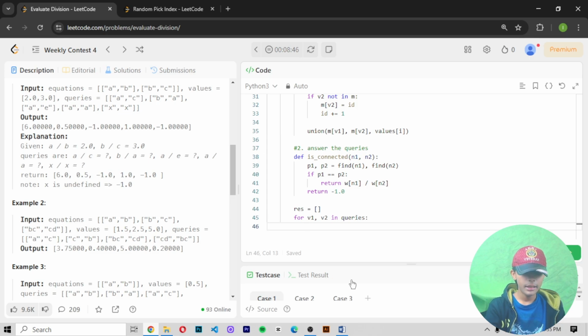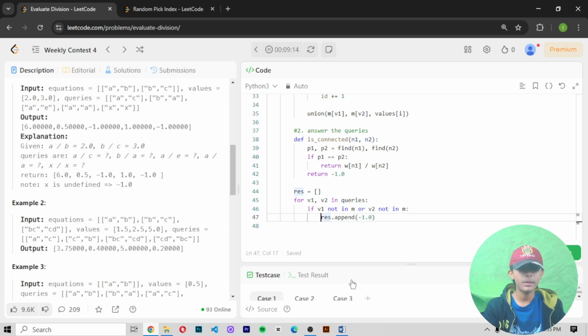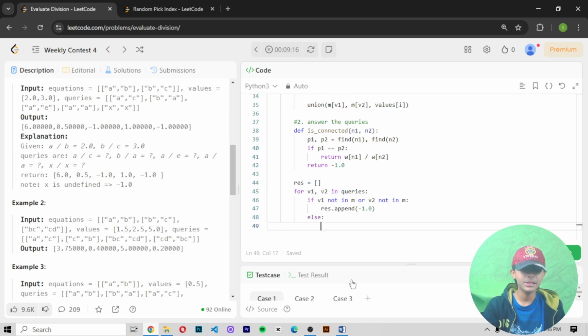Okay, then if v1 not in m or v2 not in m, enter, res dot append minus 1.0, which means it will merge two things, like I have told you in the previous videos. Then backspace, else, res dot append.